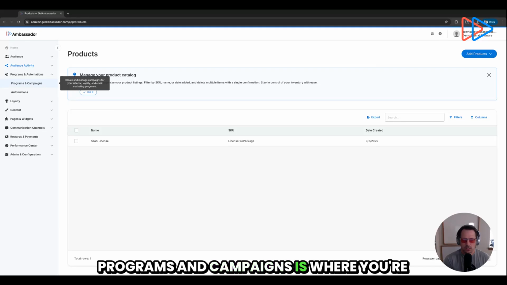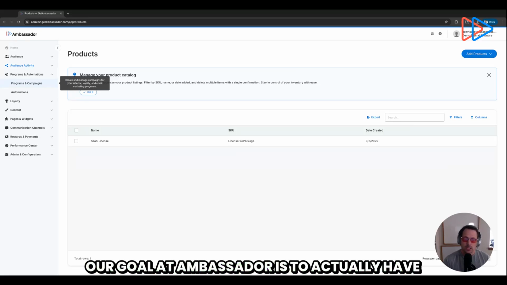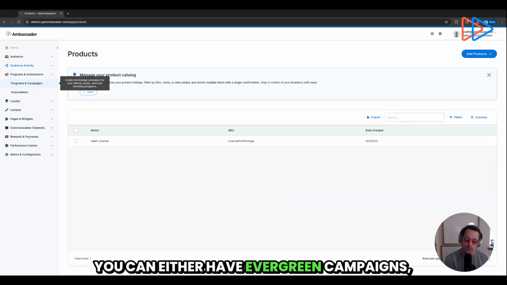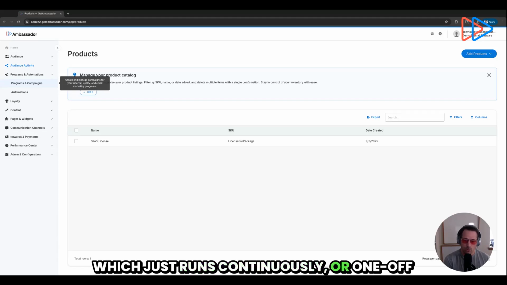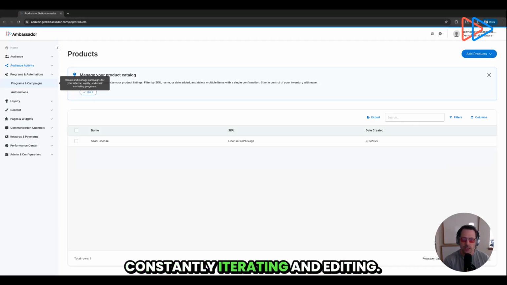Programs and campaigns is where you're going to start the entire building process. We look at things based on programs. So a program might be affiliate, referrals, loyalty, reviews, surveys, and then you build campaigns underneath that. Our goal at Ambassador is to actually have you as the client build multiple campaigns. You can either have evergreen campaigns, which just run continuously, or one-off campaigns where you can run tests, run promotions, do specific seasonality. Much like Google Ads, we want you to run multiple campaigns simultaneously and constantly iterate and edit